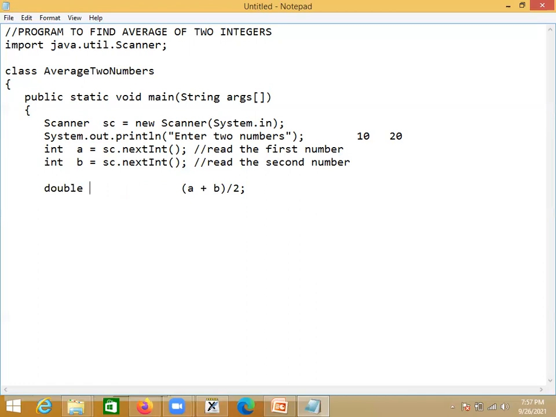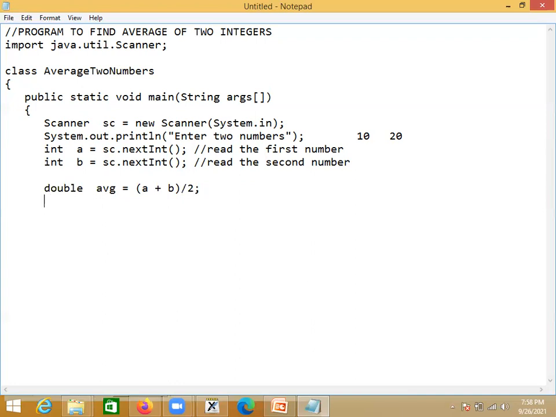So catch that into a double type variable called avg. avg equals (a + b) / 2. This is how we construct the statement. Then it adds the two numbers and divides by 2. Now we have calculated the average of these two numbers.